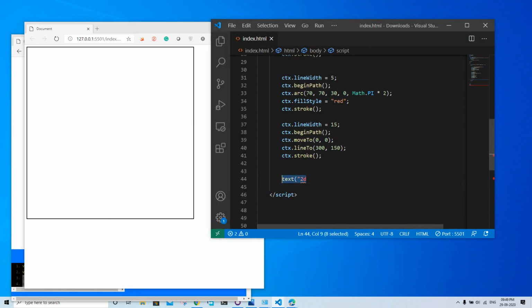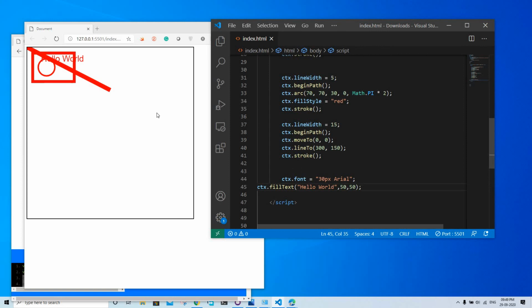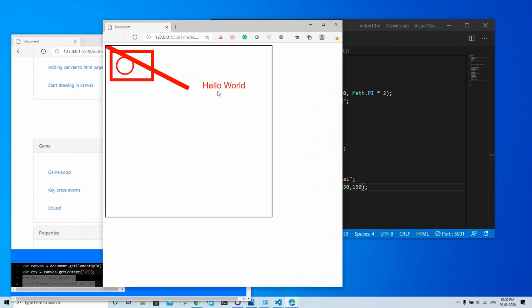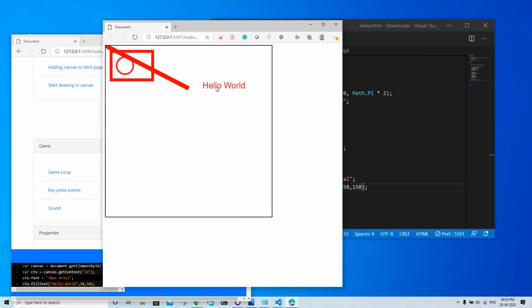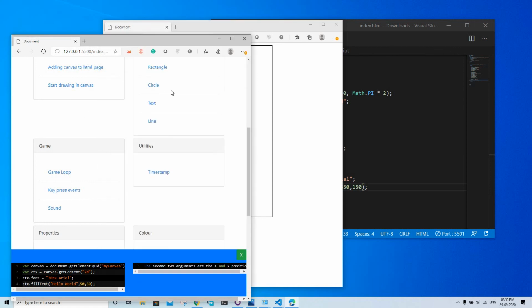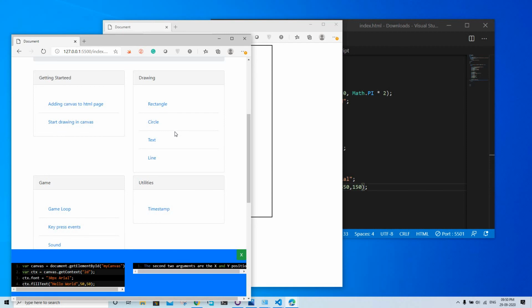Okay, now there you can see the hello world. This is the coordinate, so I'm going to make it 150 so that it's visible. Let's not make it 150. Let's push it a little further. There we go. There you go. So as you can see, we can draw text as well. So if you're making a game, this will come in handy to display the score and other stats.